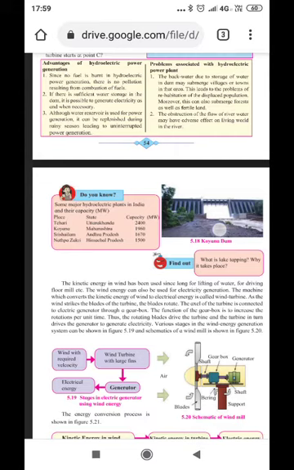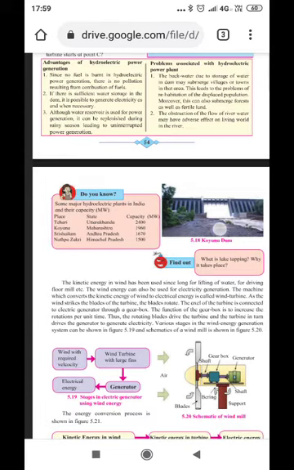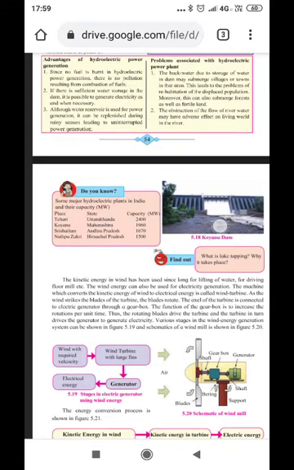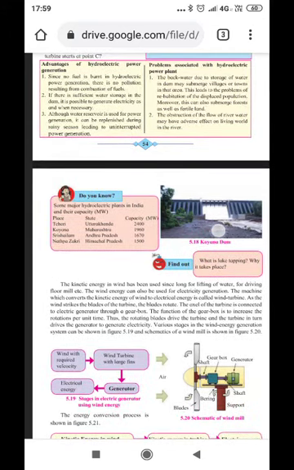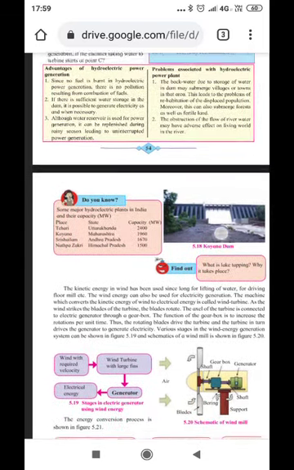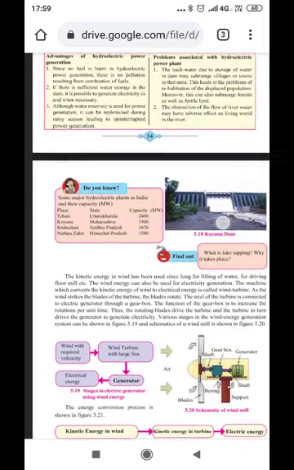So water life in the river may be affected, and the area around the dam can be affected if by any means the dam gets damaged. Then the area near the dam can be submerged in water, which will affect the people and the living things around that area. That is the biggest disadvantage of having hydroelectric power generation in any area.